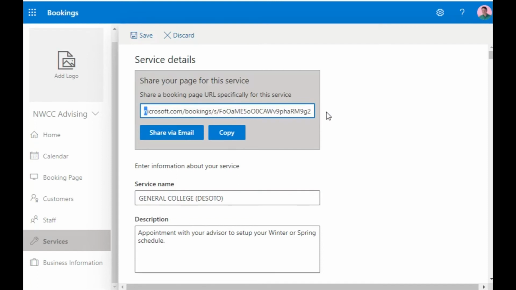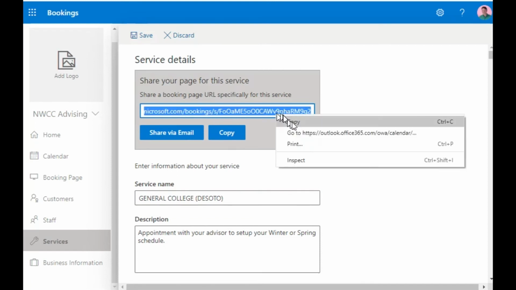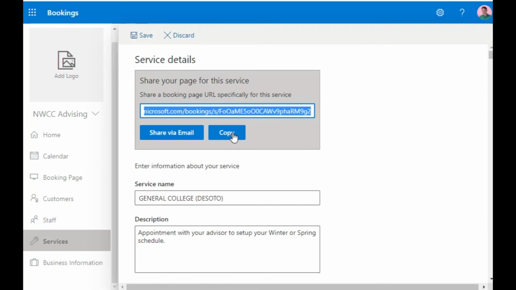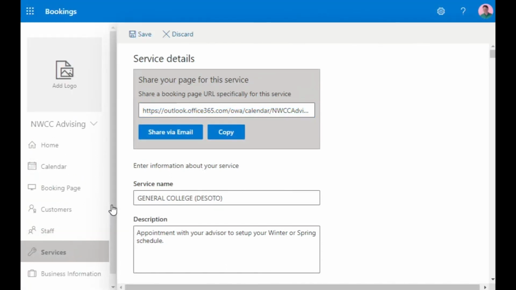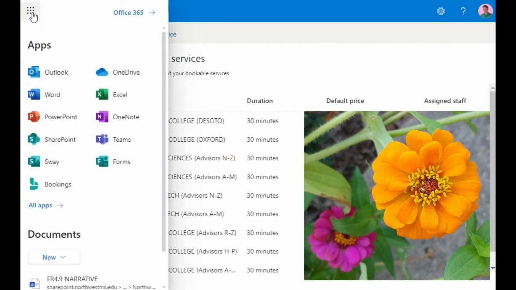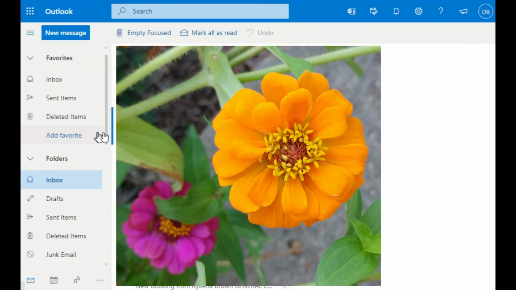So this can be copied, copy it through the app, and then this can be deployed to the students so that they can make a schedule with you. From Bookings, to go back to your webmail, just click on the dots again and click Outlook, and that'll take you right back to your